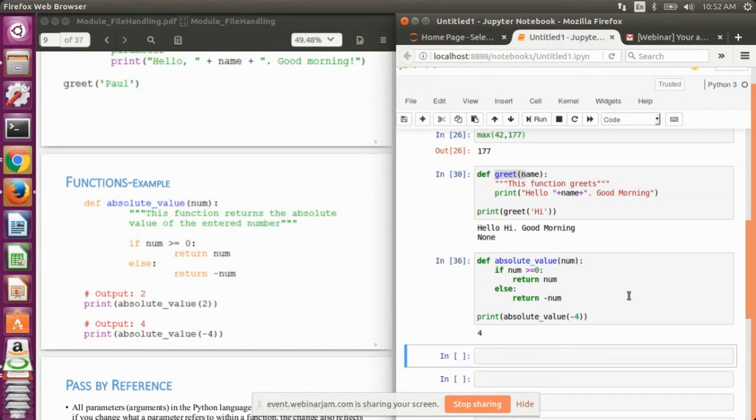So if I pass -4, it will return the positive value, that is 4. This way, this function is performing the fetching of the absolute value of a particular number. In Python, we have a predefined function for this, the ABS function, that we can use. But here we have defined our own function to perform the same thing.